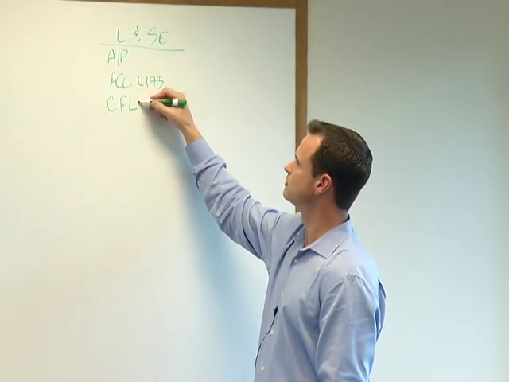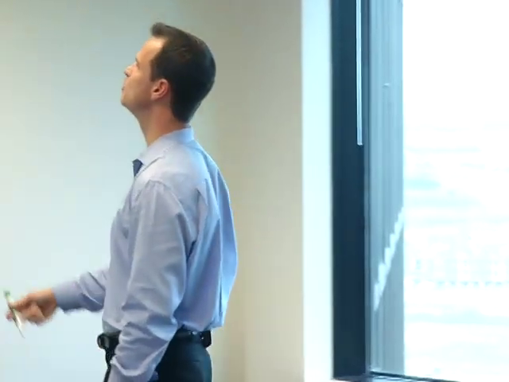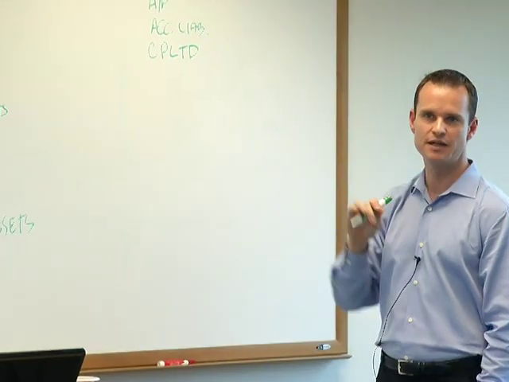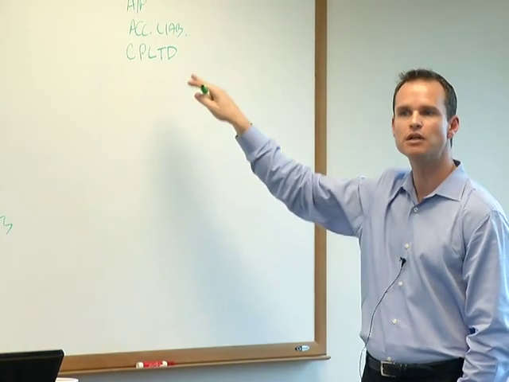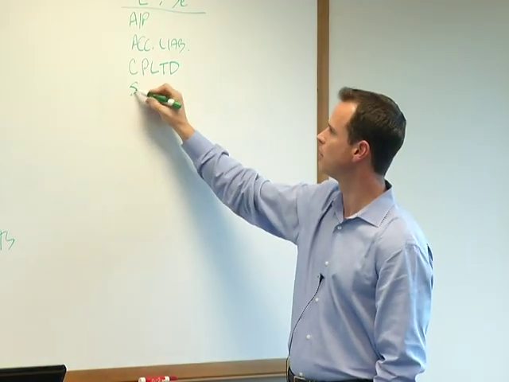Might have something called CP/LTD, current portion of long-term debt. Anytime we're trying to calculate a company's debt level, some of that debt might be due within the next year, so it would be classified as part of current liabilities. We need to include it in debt. All right. You might also have short-term borrowings,